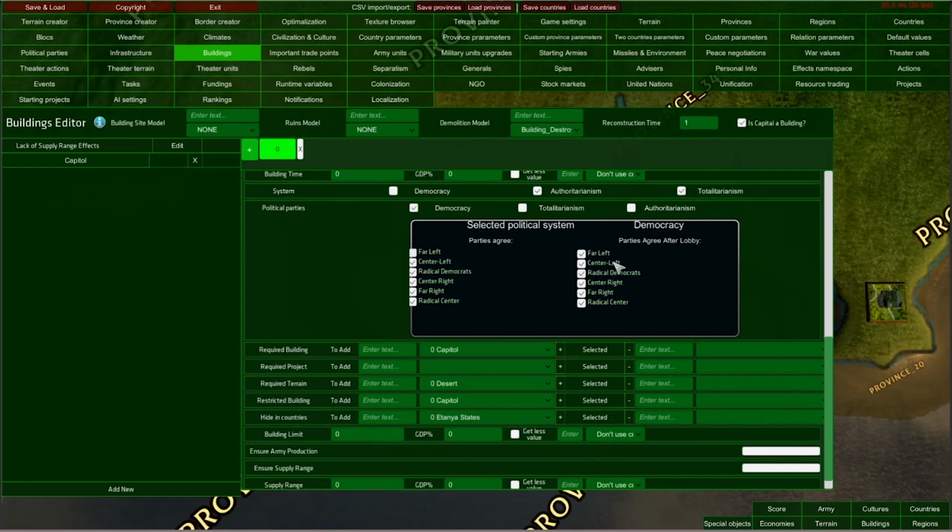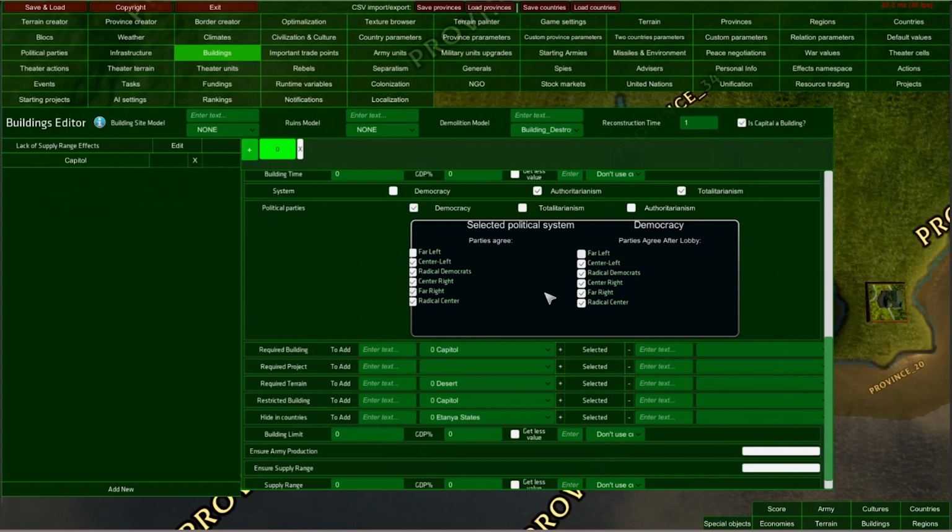But if this sticker here stays enabled, parties agree after lobbying. So when lobbying far left, they will eventually agree to you constructing the capital building on your province. But if you were to disable this sticker here and this sticker here, far left party will never agree on building capital.